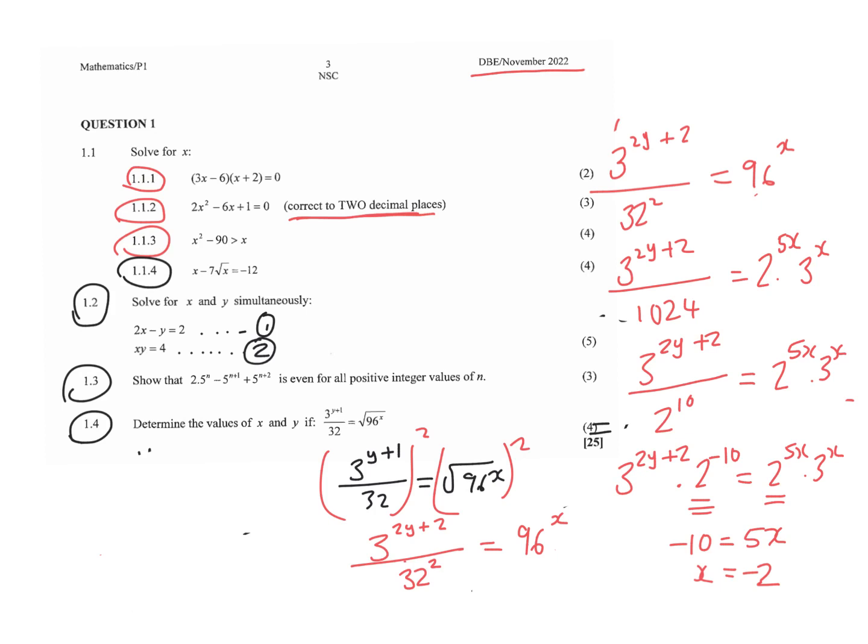Then from there, let's go to 3. We have similar bases. When bases are the same, you drop and equate the exponents. So we have 2y plus 2 equals to x. But remember, we got x to be negative 2. So I replace that by negative 2. We have 2y plus 2 equals negative 2. Take 2 to the other side. We're going to have 2y equals to negative 4. You divide by 2. Therefore, y will be equals to negative 2. So these are your solutions: x is negative 2 and y is negative 2. So we are given